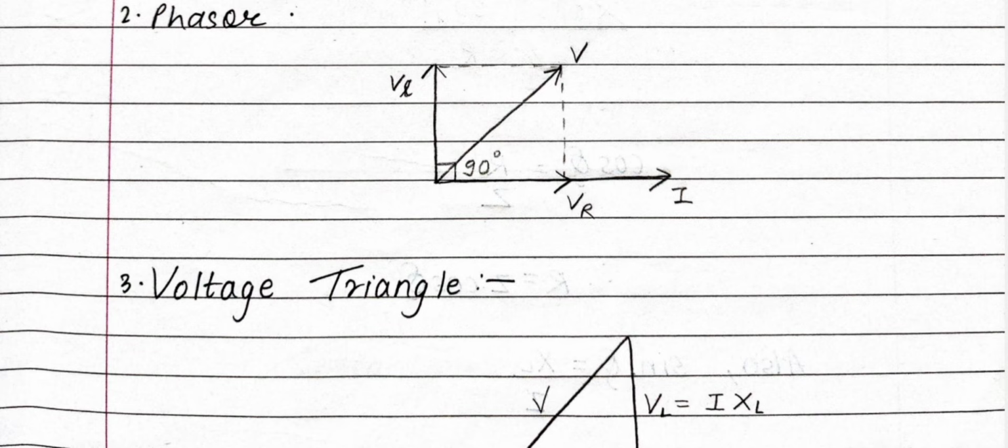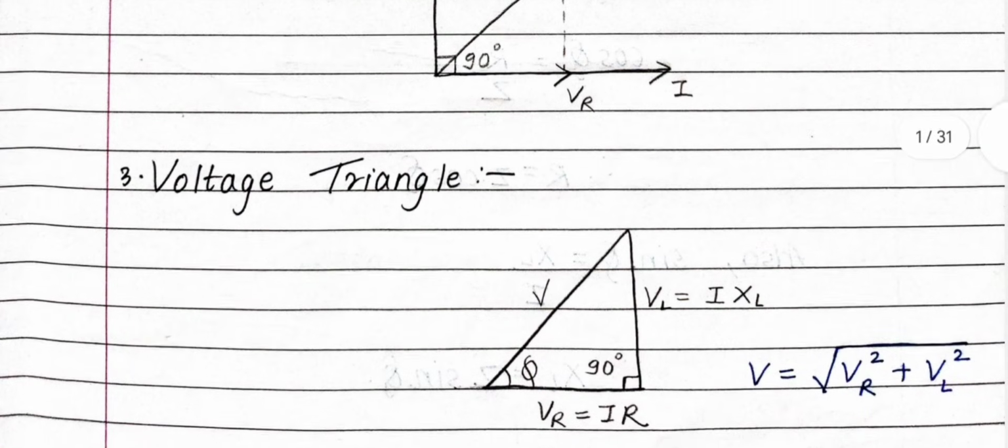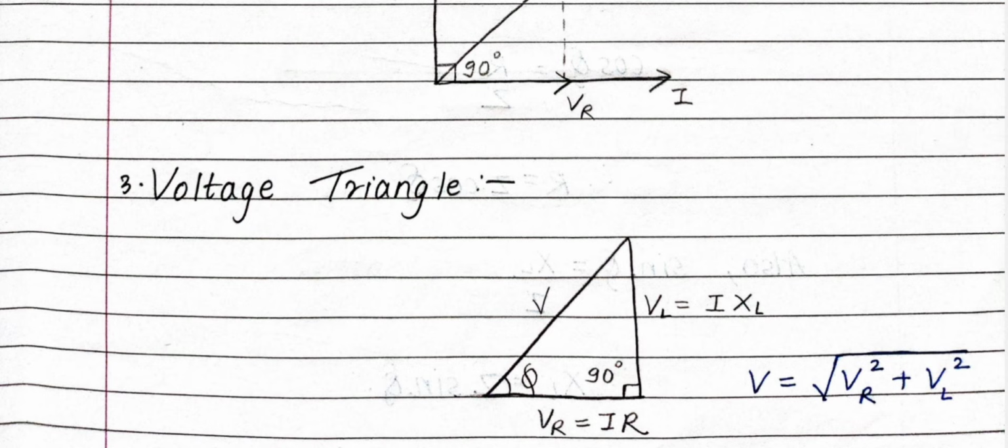Then mark it as V, that is the total voltage of that circuit, and this is your phasor diagram. Again I'll explain what is there on the x-axis. Remember, VR, voltage across resistance, and towards its 90 degrees it is voltage across inductance, and if we make the resultant of it, we have V. So that is our phasor diagram. Then we have our voltage triangle. See how they both are related. First of all, I will explain what a voltage triangle is.